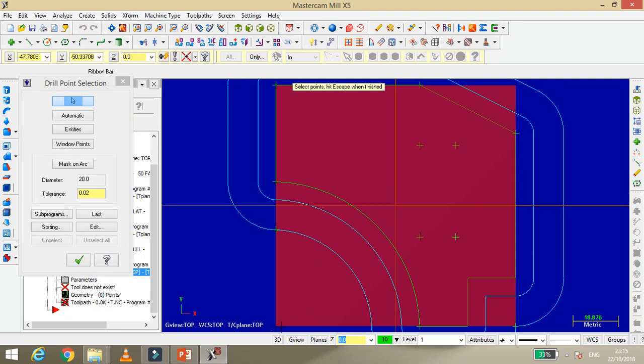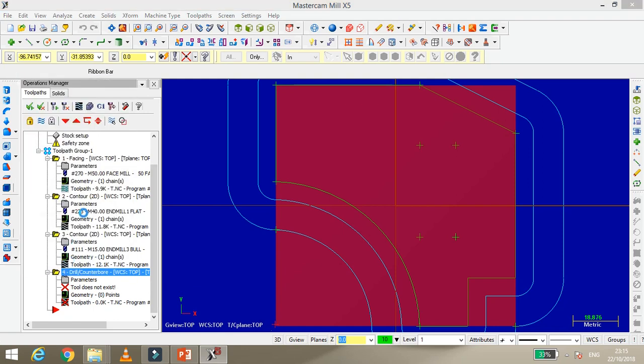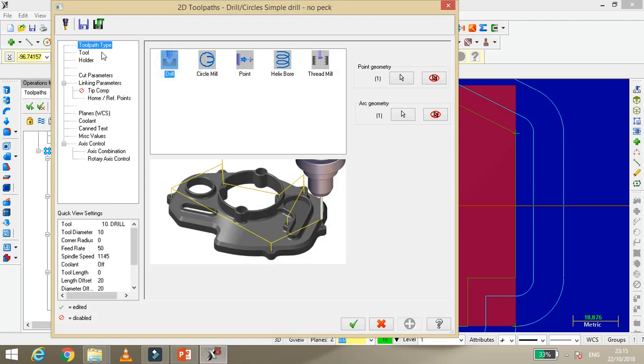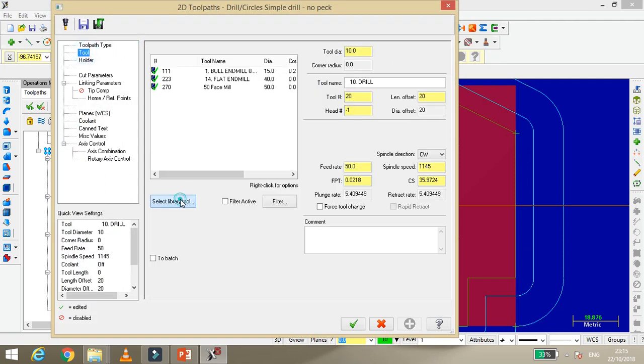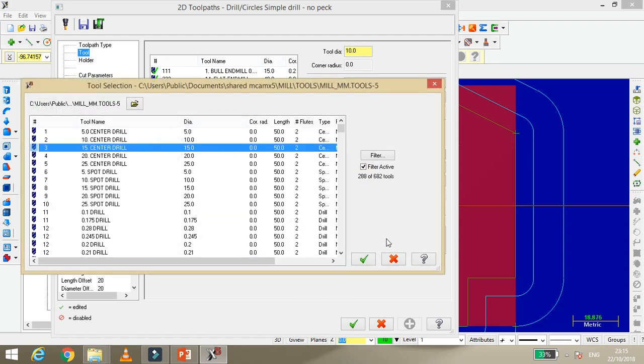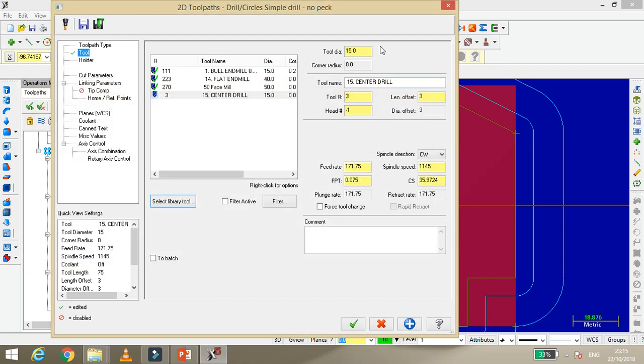Here I choose a center drill. Then I select the center drill tool and I take a much bigger diameter, maybe 70.